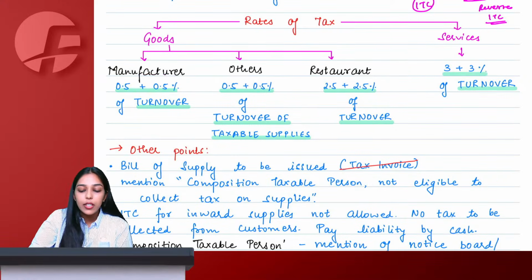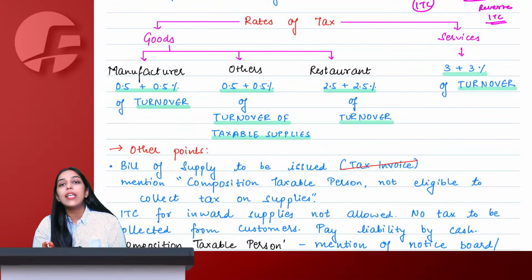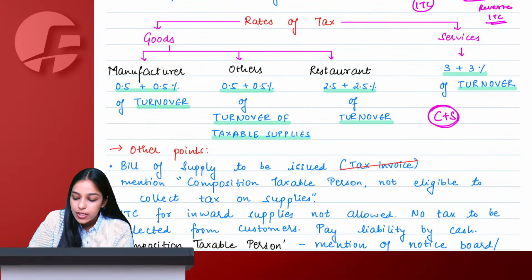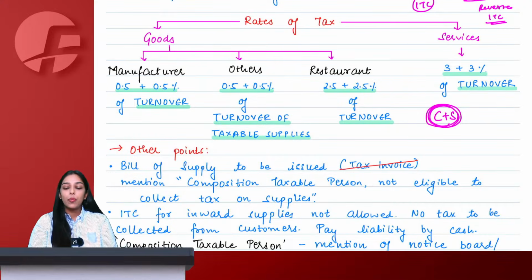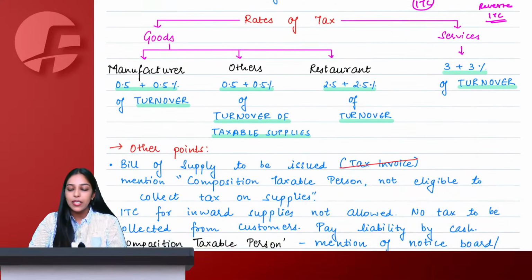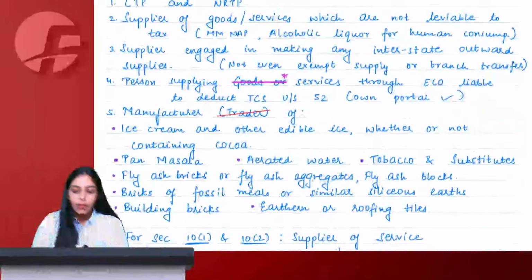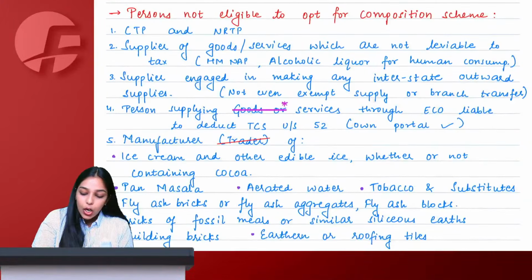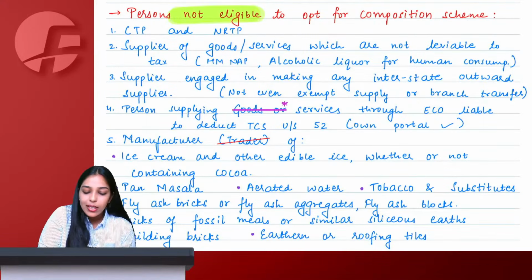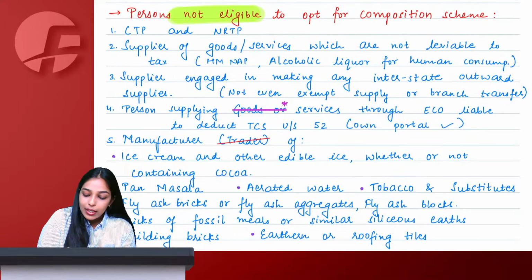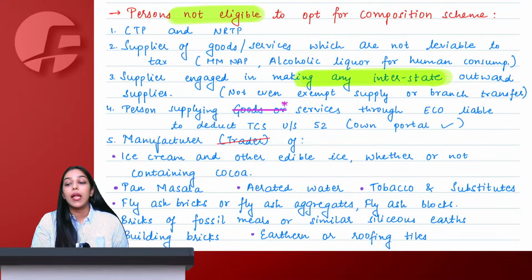Because understand, under composition scheme, whatever taxes you pay are always going to be CGST plus SGST only. Why? Because no interstate supply is allowed by the composition person. A composition person is not eligible to make any kind of interstate supply, not even a branch transfer, which means,